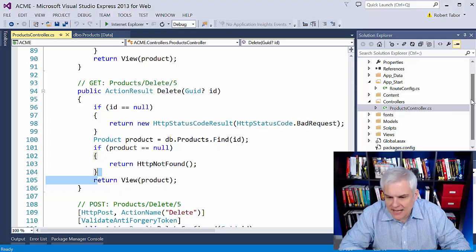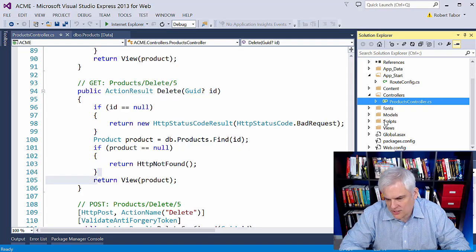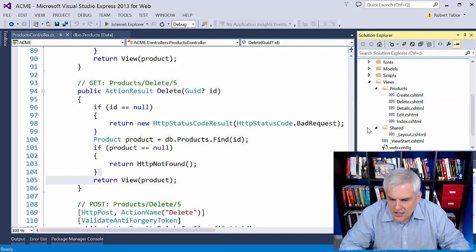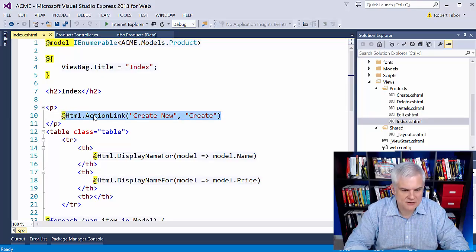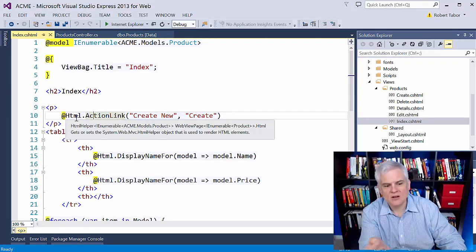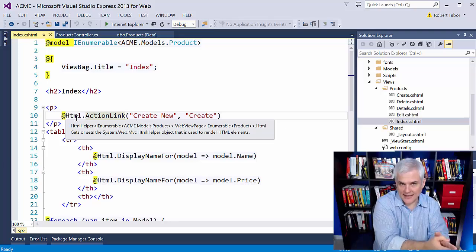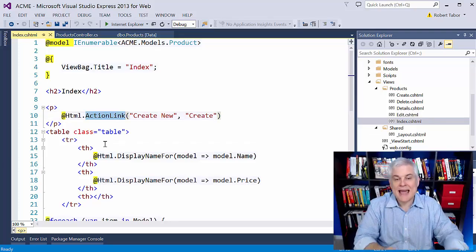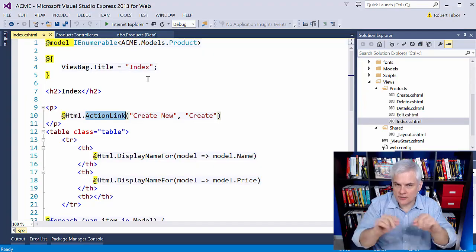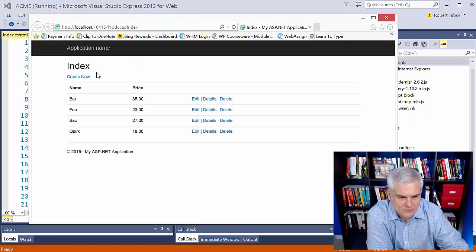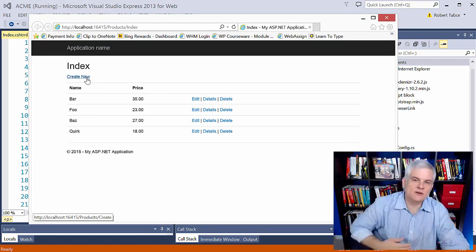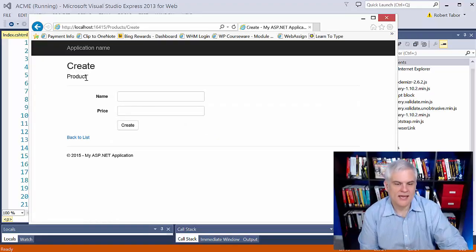All right. And then I want to reiterate the hypothetical question. I guess it wasn't all that hypothetical. From one of the previous lessons, let's just go into the index view of the product, and we see here in line number 10 that we're calling that HTML helper class, specifically the action link helper method, to create a new hyperlink. And if we run the application quickly, you can see that we simply are creating an anchor tag with the text create new, and when you click it, it takes you to the /product/create